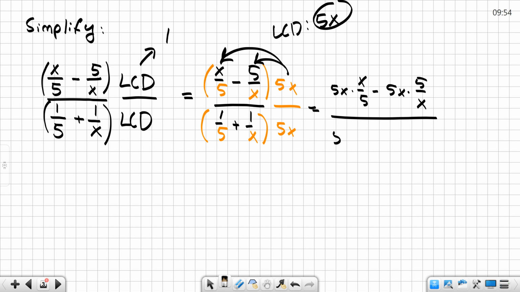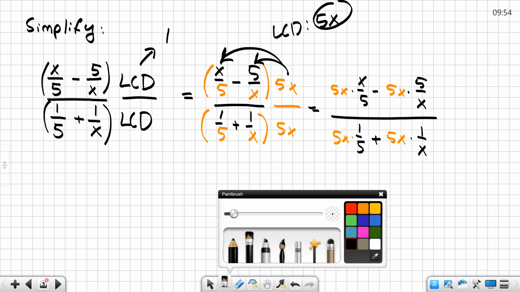And the same thing on the bottom. 5x times 1 over 5 plus 5x times 1 over x. Maybe let me color code this real quick so that you see what had been introduced. And this is the only thing students sometimes actually write down. 5x, 5x, 5x, 5x. A factor goes to everything, because now what is happening is the really, really nice thing